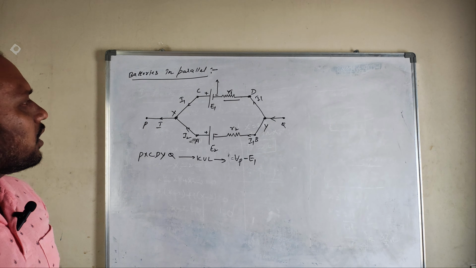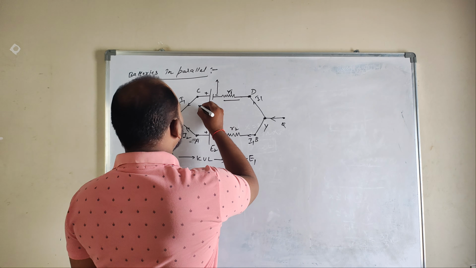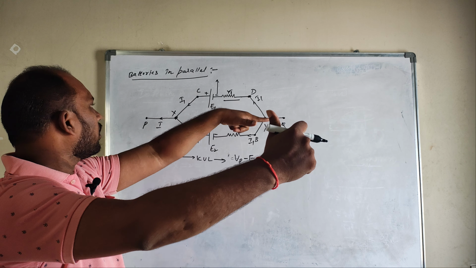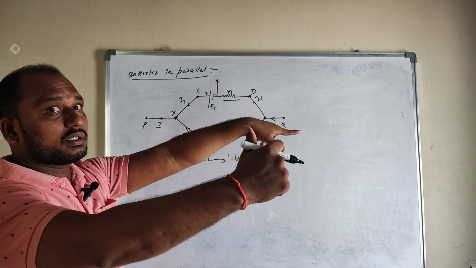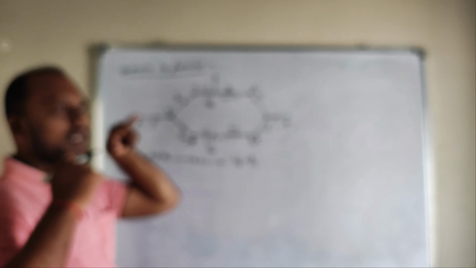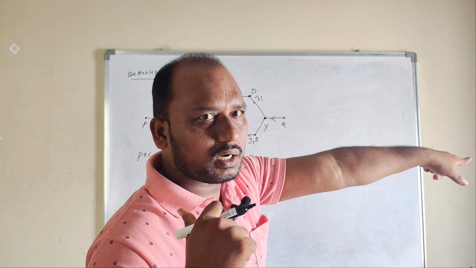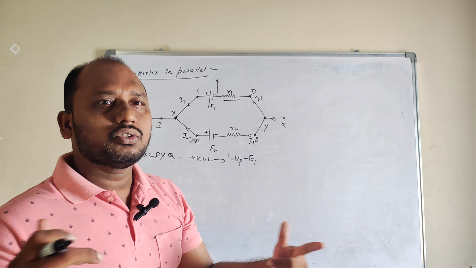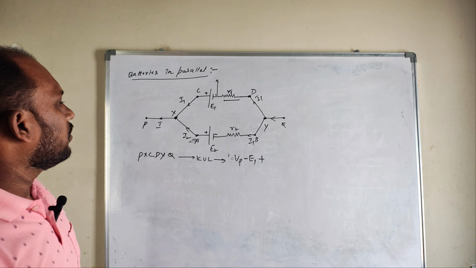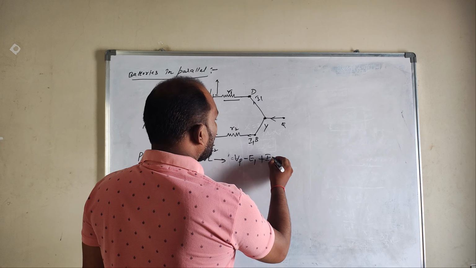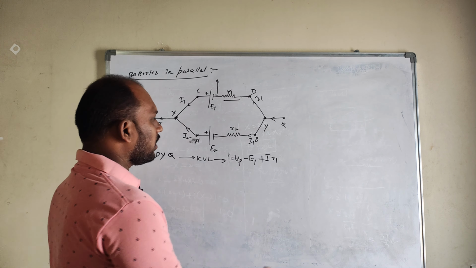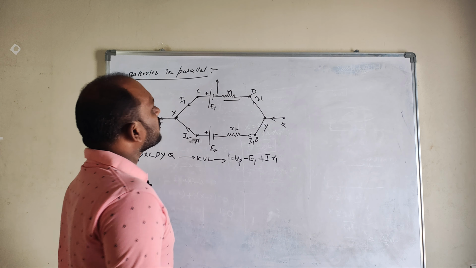The current is moving in this direction, whereas I am moving in the opposite direction, against the current. Both are in different directions, so certainly we have a plus value. So plus IR1